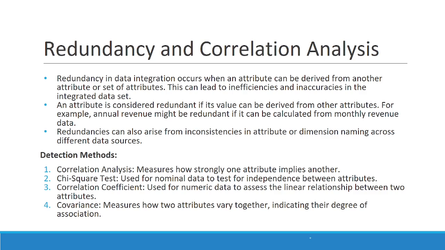Next problem we are going to see is that of redundancy. Okay, redundancy, as I told you, is nothing but duplicate data. Now how to identify duplicate data in your data set and how to remove it, that we are going to see. Okay, so redundancy in data integration occurs when an attribute can be derived from another attribute or a set of attributes. Redundancy is not necessarily duplicate data, but redundancy can be like, let's say you have